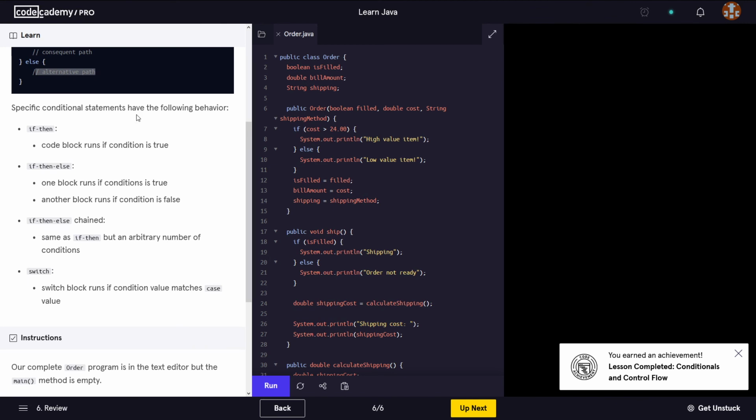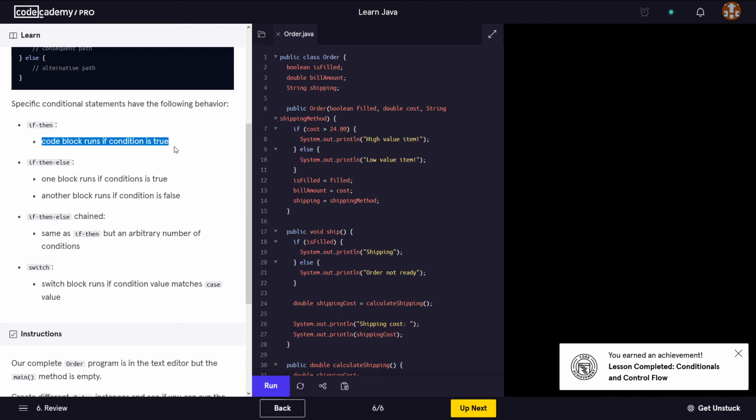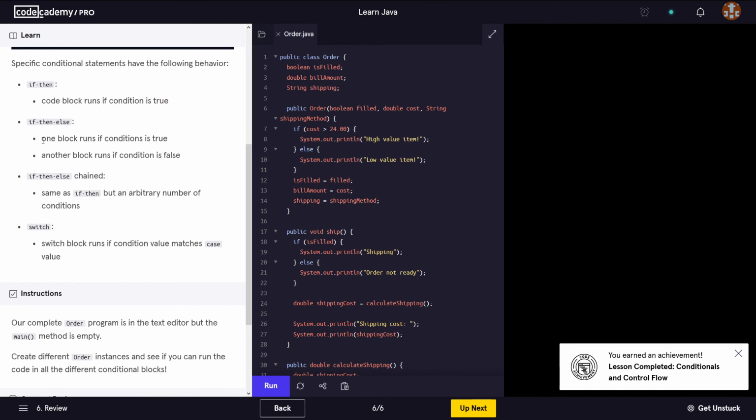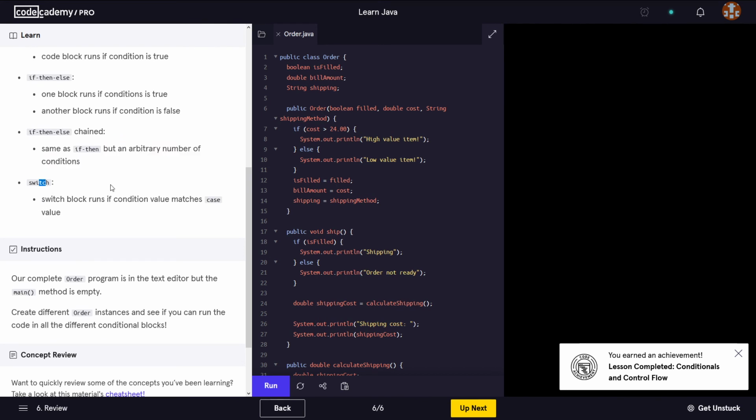Specific conditional statements have the following behavior. If-then: the code block runs if the condition is true. If-then-else: one block runs if the condition is true, another block runs if the condition is false. If-then-else chained: same as the if-then, but with an arbitrary number of conditions. And then the switch is the last one we've seen, where a switch block runs if the condition value